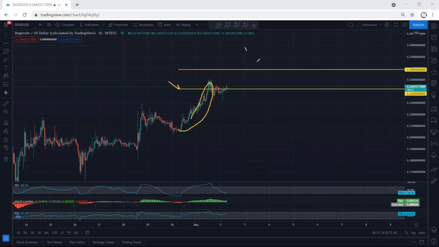Then we mentioned the next target is 0.5259. By the way, we get the correction here. Now we want to see how we can look for a trade from this correction. But before that,